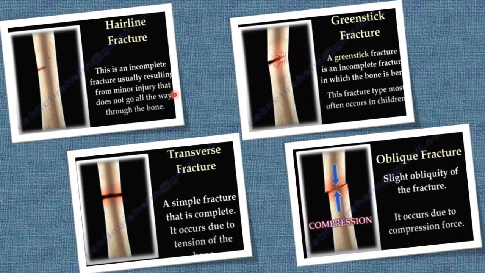Now what are the types of fractures? There are hairline fractures. Suppose this one is just a breach within the cortex, right? This is an incomplete fracture. So hairline is incomplete fracture, usually resulting from minor injury that does not go all the way through the bone. So even it does not involve all the cortex. So it's just a breach within the cortex, and this is an incomplete fracture,